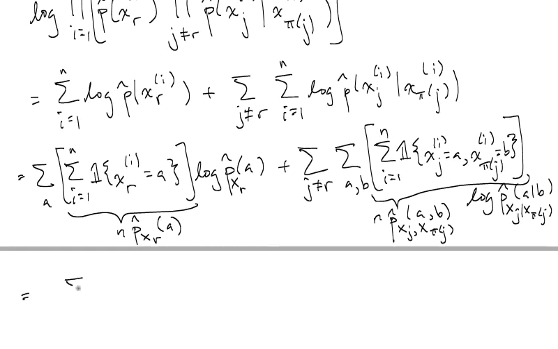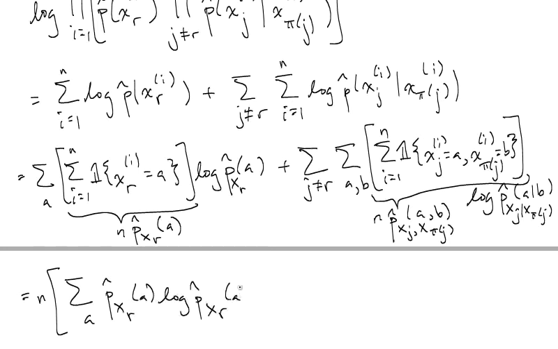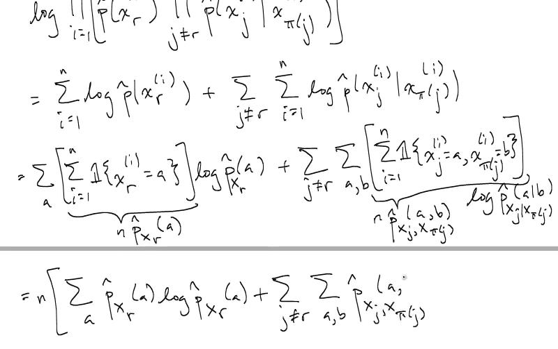We have n out here, since I'm going to factor out this n that's appearing in both of these terms: sum over A of p hat X_r of A log p hat X_r of A, plus sum over j not equal to the root, sum over A and B of, so I factored out the n, and then I have p hat X_j, X_pi(j) of A, B